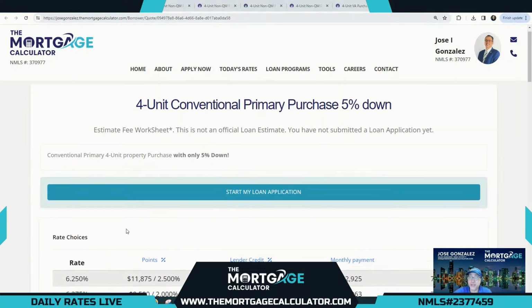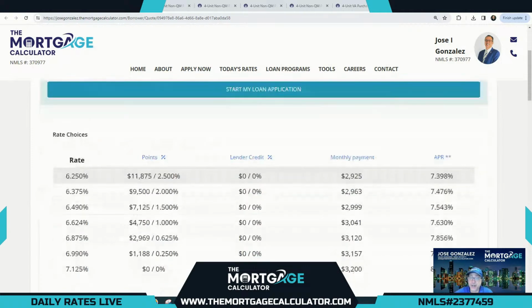And great rates to boot on top of that, because here we have 7.125 with a lender credit. We love those lender credits. And you can buy the rate all the way down to 6.25%. And as I always like to state in the beginning of the show, we have lower rates than 6.25%. But for purposes of showing only compliant rates, that's what we have here,